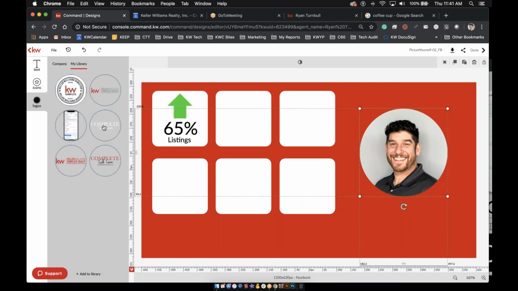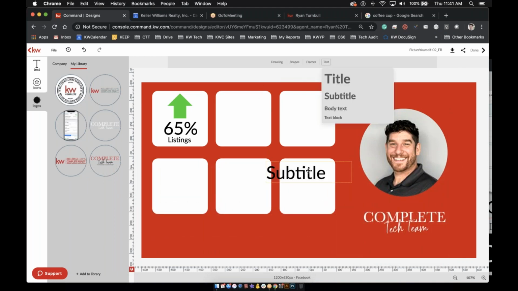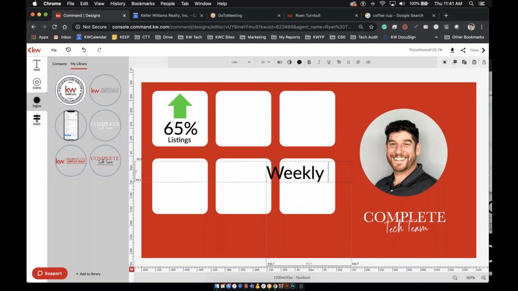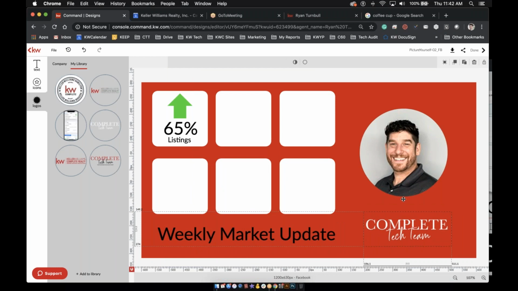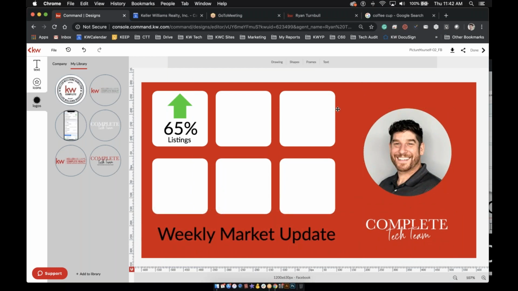Click on logos. Click on text. Weekly market update. And you get the idea, does everybody get the idea what I'm creating here? I'm creating a Facebook infographic where I could save this as a template, and every week I can come in and change the numbers and give it the appropriate arrow if it's going up or down, and I could post this